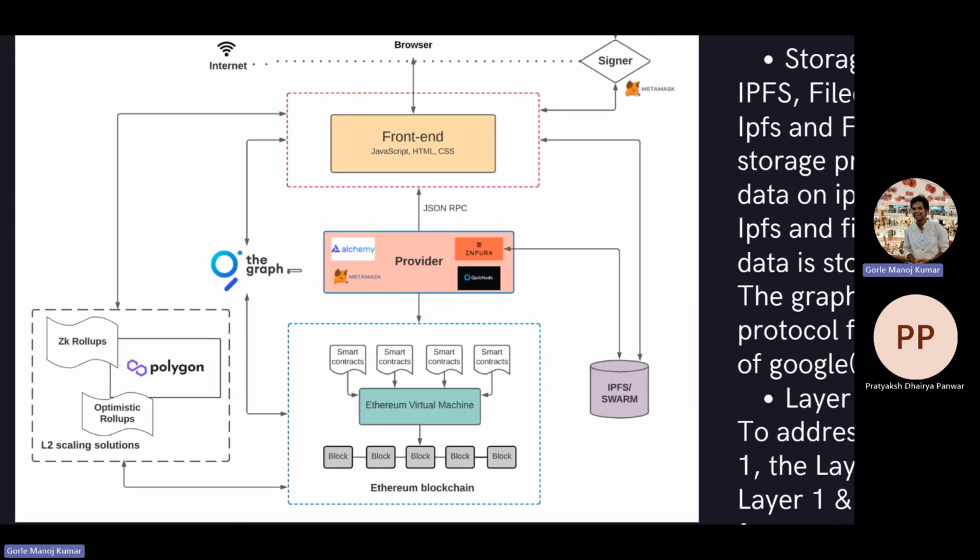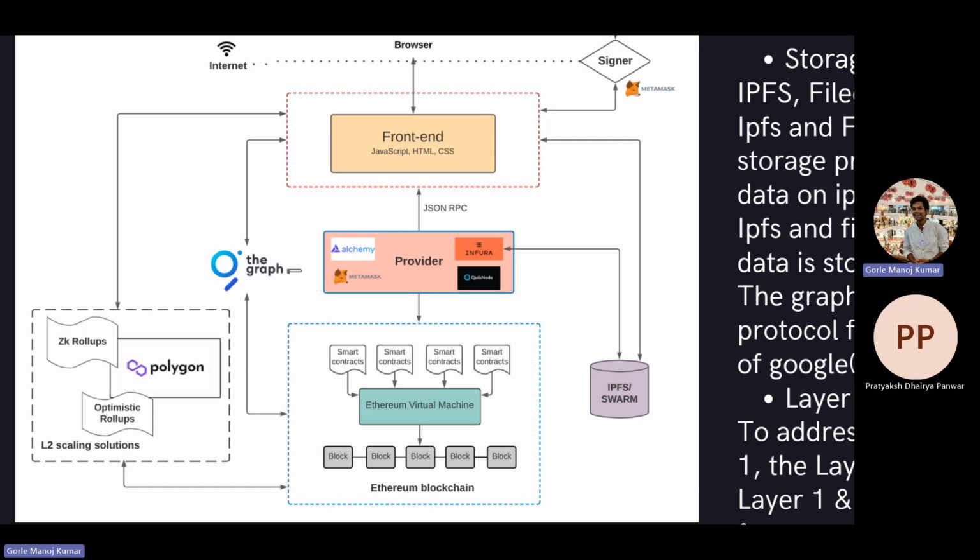Layer 2 scaling solutions will have a limited set of validators. Validators in the proof of stake sense, who validate the transactions which are run on the blockchain. So it has a limited set of validators, but it uses the security of layer one Ethereum by optimistic and